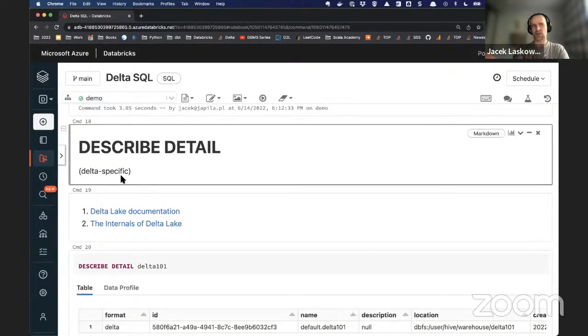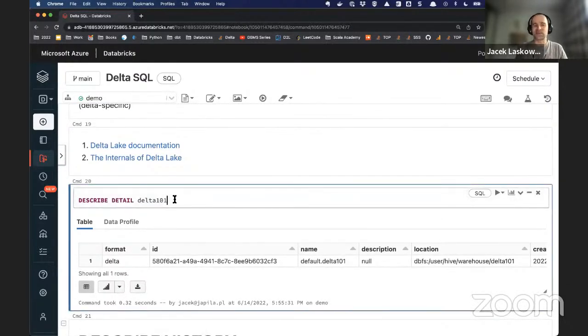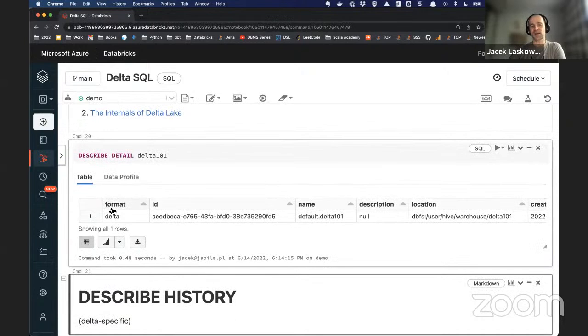So we just learned about one, this is convert to Delta. Now we've got another one, describe detail. Describe detail describes a Delta table in more detail. Okay, so let me do this and let's see what we get. We end up with just one row that describes this